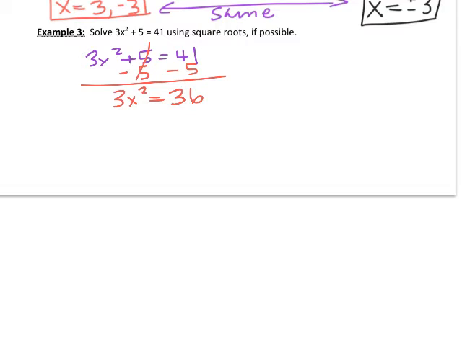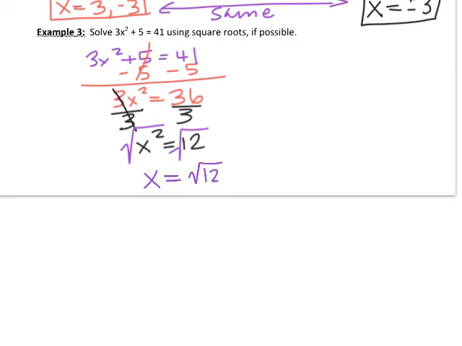Now, it looks to me like we have the ability to divide both sides by 3 because that will cancel that. I'm trying to get x squared by itself. x squared equals 12. Well, unfortunately, 12 is not a perfect square of any number. However, if we take the square root of both sides, I can say that this side is going to be x, and this is going to be the square root of 12. However, if I break that down a little bit, x is going to equal plus or minus the